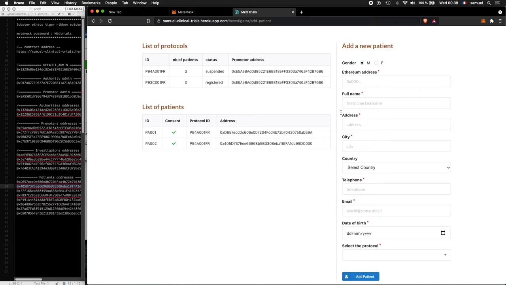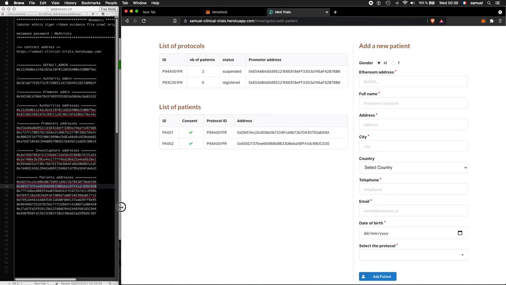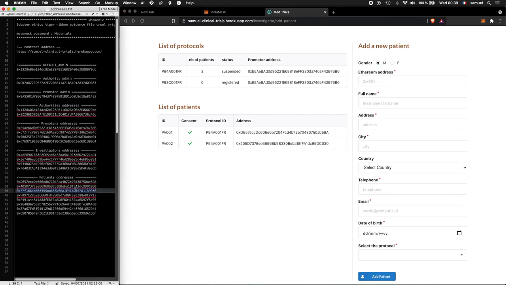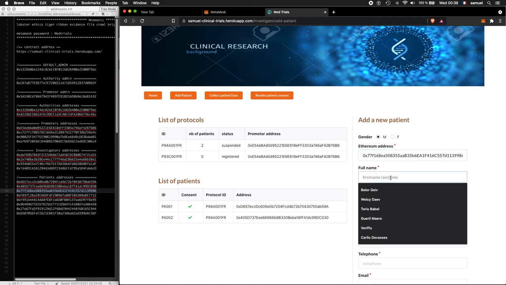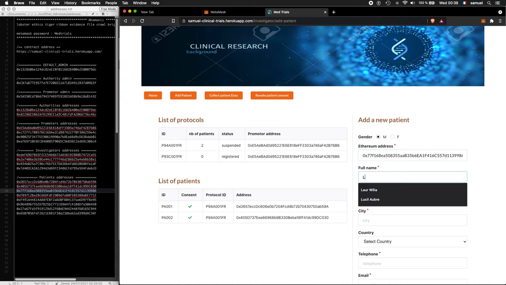I'll select male. Let's select an address. I'll select a new address, patient address. So now we are trying to add a new patient to this protocol that has been suspended by the smart contract. So let's select a full name.